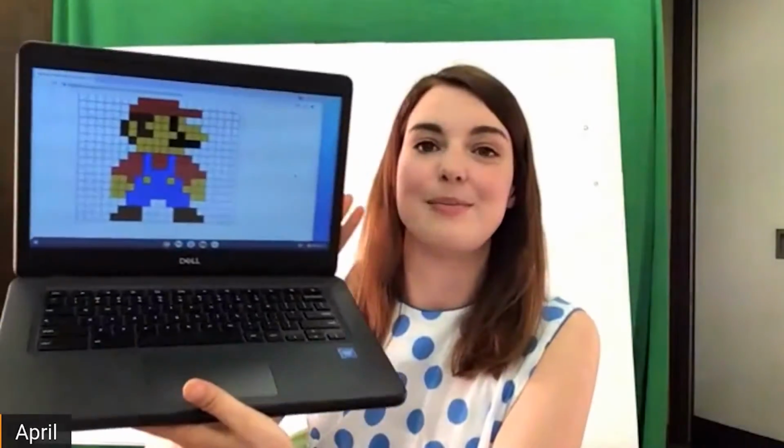Now, what are pixels? Pixels are tiny dots that form a grid to make a picture. Pixels are the basis of every single electronic display we use. They form the image for our laptops, for our phones, and all the electronic displays. So pixels are tiny dots of color, and we're going to enlarge the pixels and make them big to make